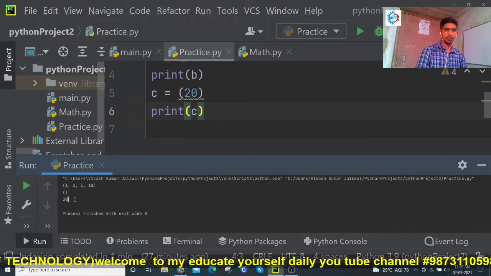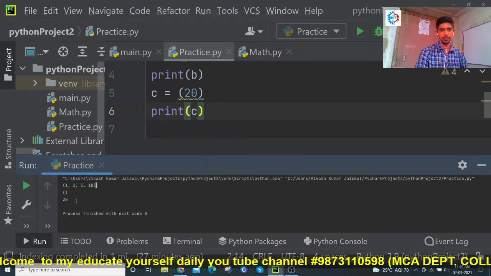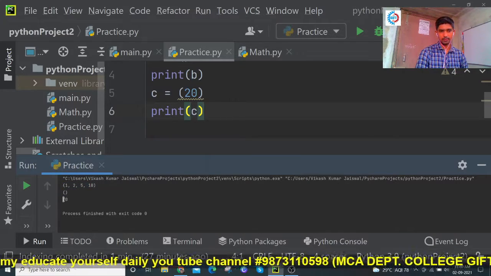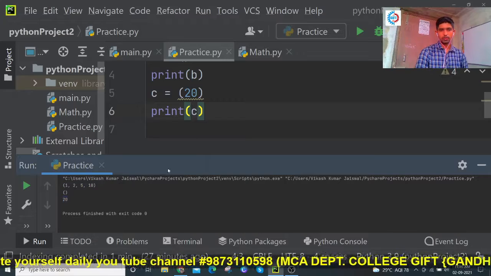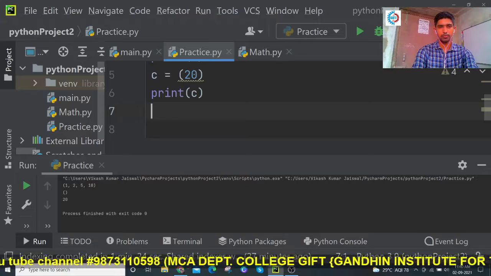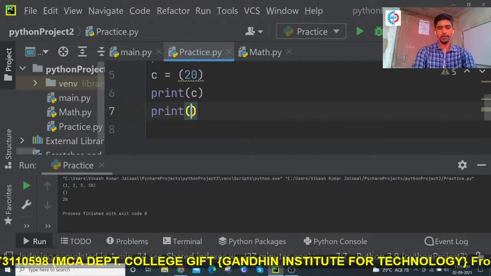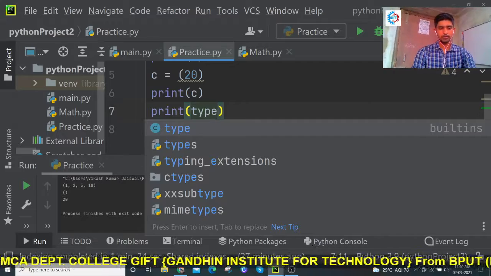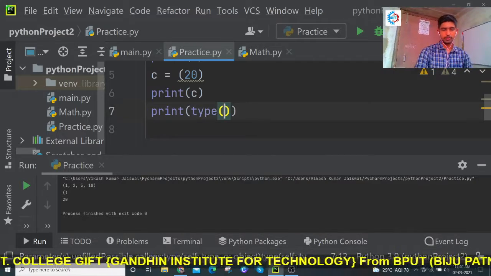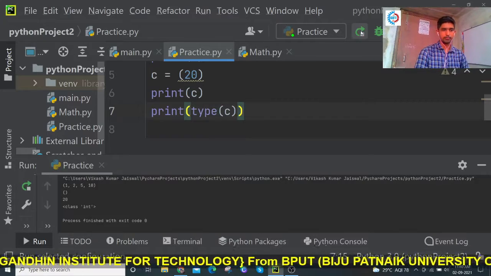A tuple would be shown in the form of parentheses, but here it is not like that. Let me check the type directly: I will print the type of C and run this program.